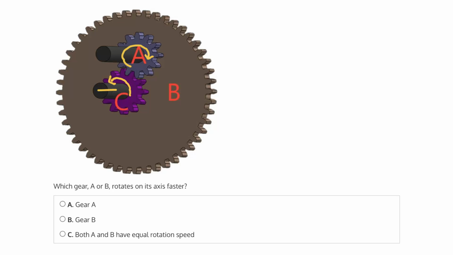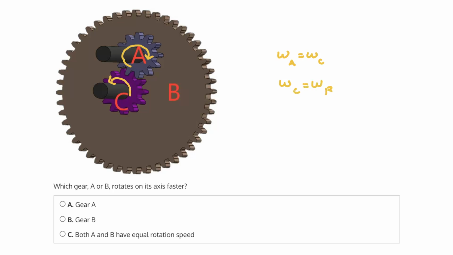Now, we know that gears C and B are on this other axis, and we know now that gear C is rotating at the same speed as A. Now, because B is on the same axis of rotation as C, their rotational speeds will be identical. So because the rotational speed of A is equal to the rotational speed of C, and because C and B are on the same axis, we can also conclude that the rotational speed of C is equal to the rotational